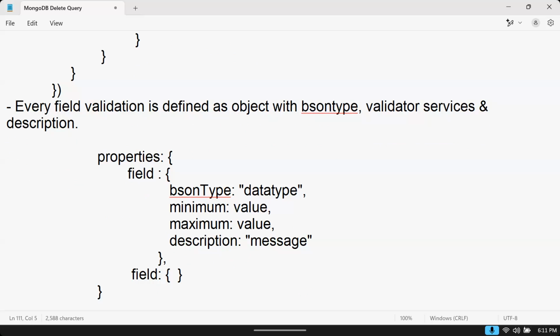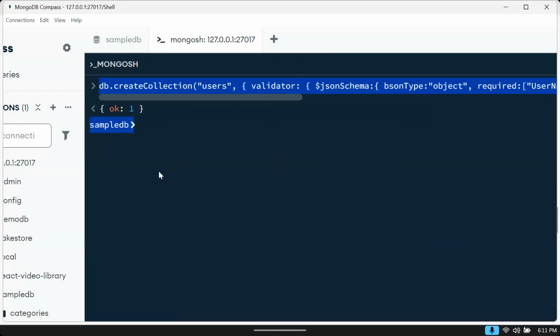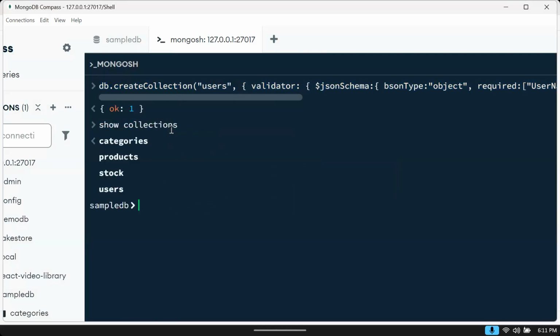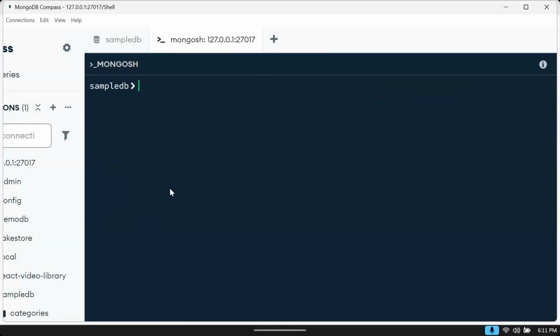Right. So here, every field validation is defined as an object. And for the JSON types, you have to use exactly only the types that I gave. So in the list, we discussed some types, you have to use them. Once you set all these, it will accept the data according to that. So once it creates a collection here, show collections. Collections is having users also. Now into users, we will try to insert